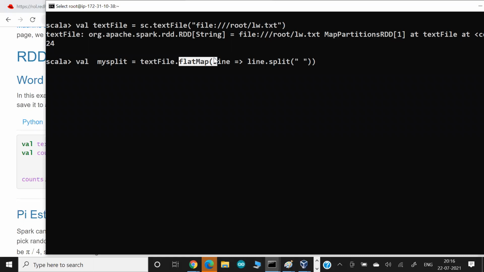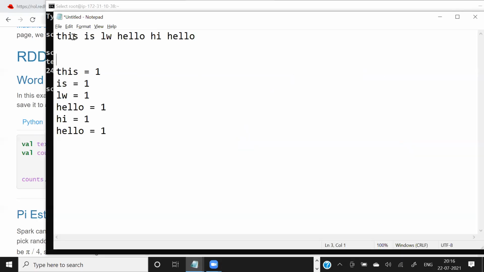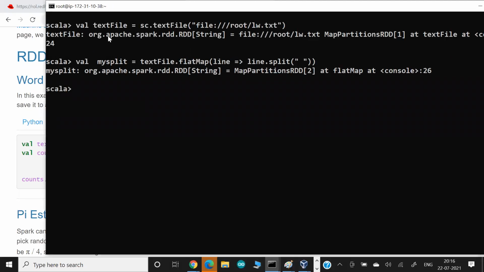What it does is mapping: it takes the first line and splits it into words. For splitting we give one space, because between the words in my file I have given a space, so space would be my splitter. So this is the next RDD we have created.